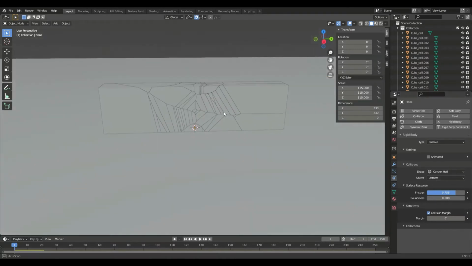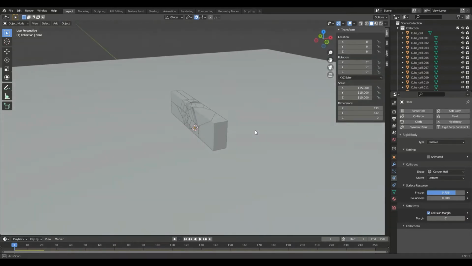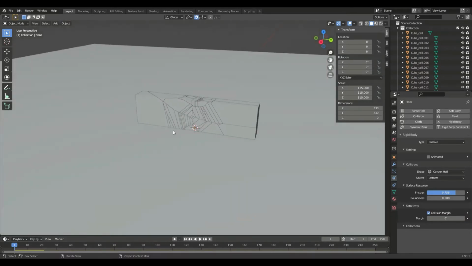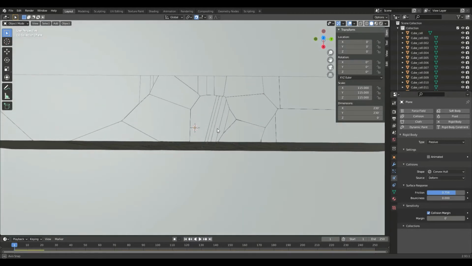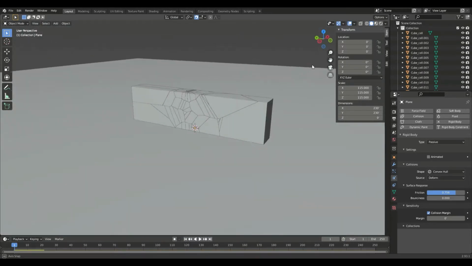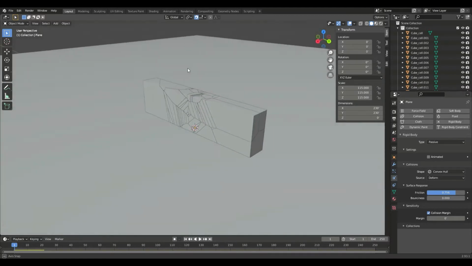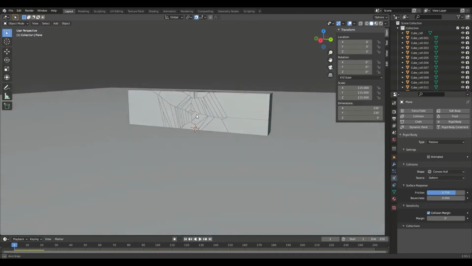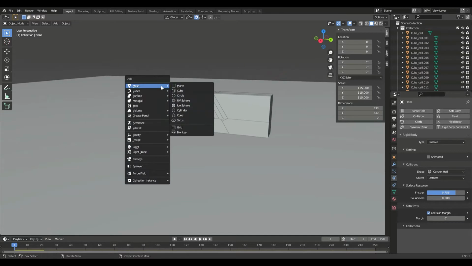Now the complicated part is setting up a ball to come over and hit it. You can tell me in the comments if you want different ideas for things to smash into it. But for now we're just going to add a ball. We're just going to add a UV sphere, or any of these objects would work.